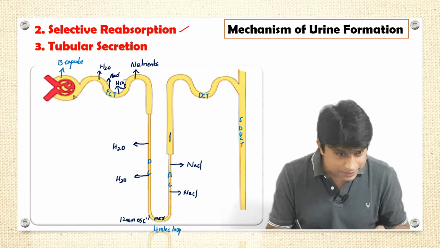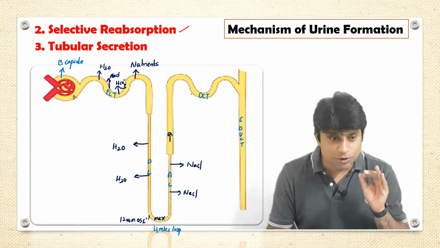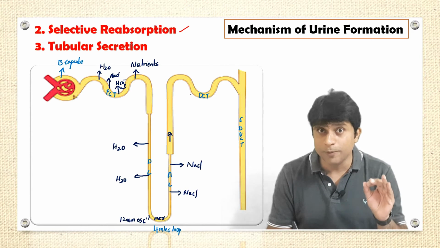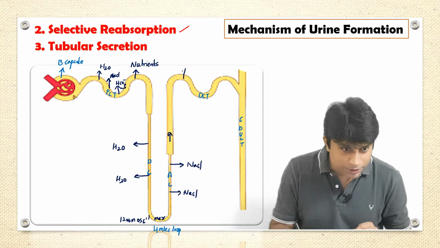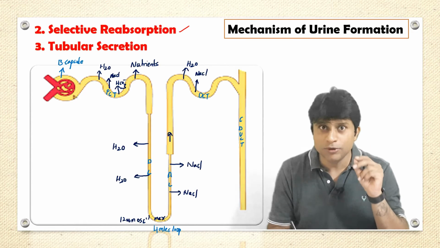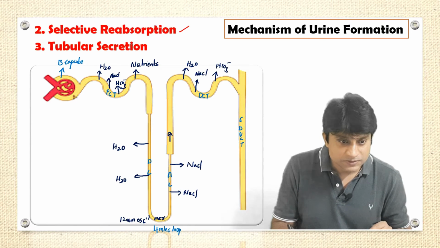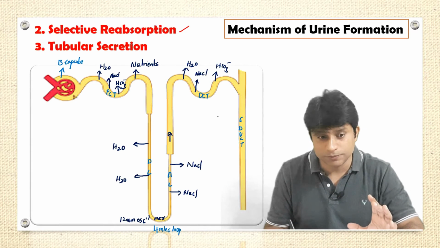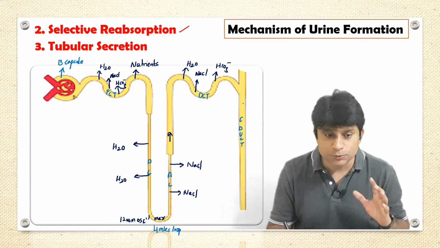So all the way, the renal fluid now enters into the distal convoluted tubule. The walls of the distal convoluted tubule are permeable for both water as well as electrolytes. So reabsorption of water and electrolytes occurs in the distal convoluted tubule, which is known as conditional reabsorption. This is what happens in the distal convoluted tubule, and from the distal convoluted tubule, the renal fluid enters into the collecting duct.